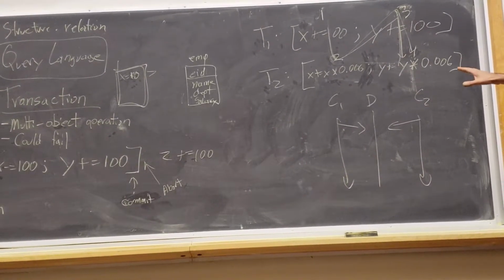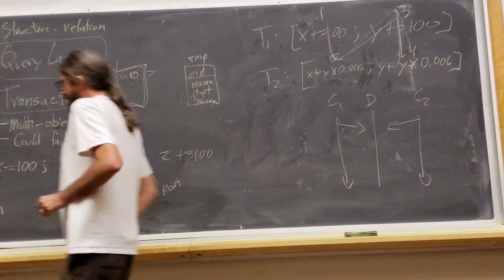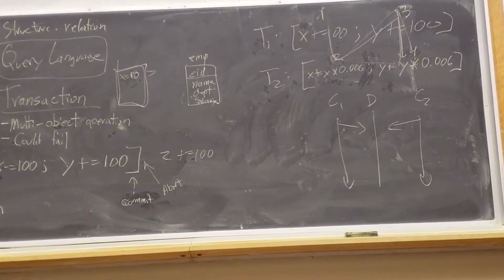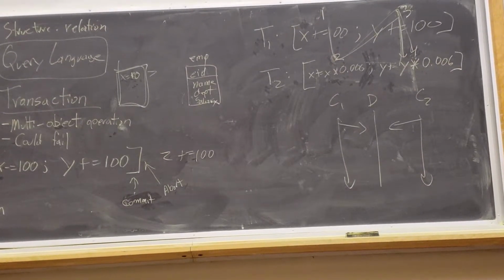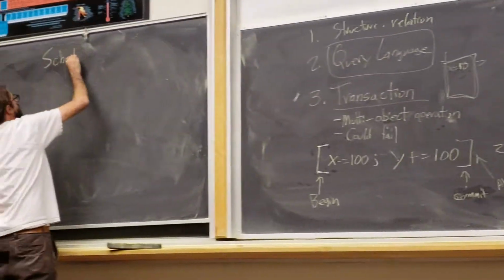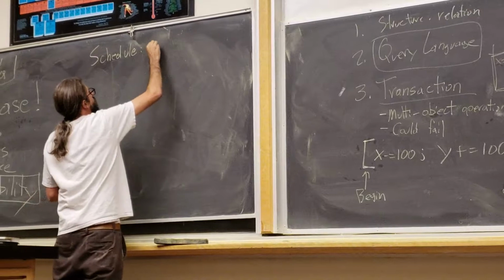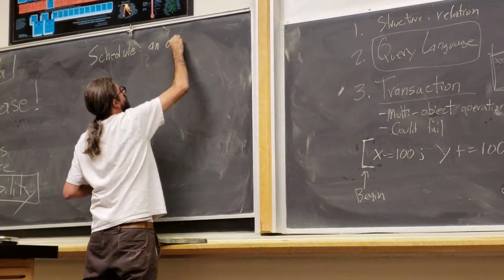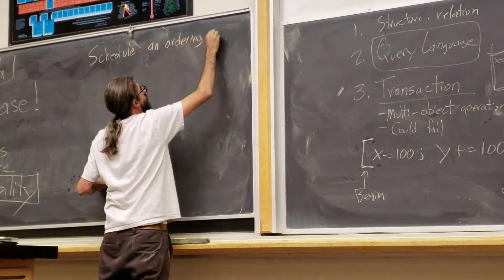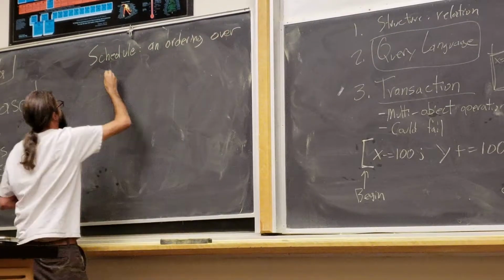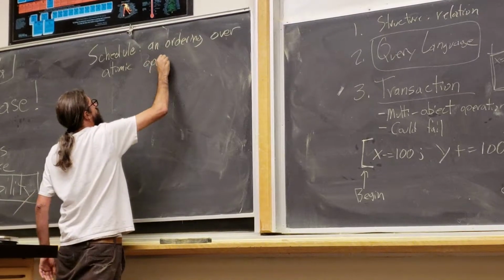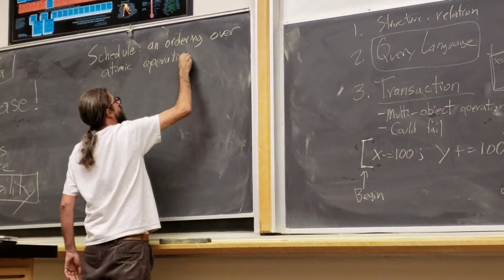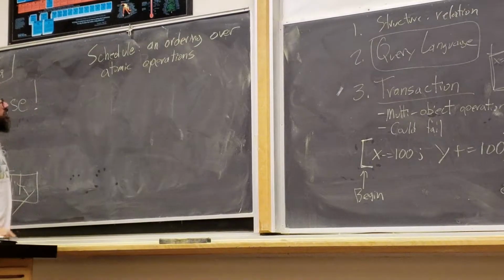Okay, so we have this intuition. Let's do some definitions. We're going to call a schedule an ordering over atomic operations. Okay, for example,